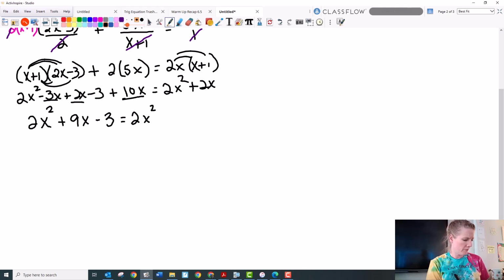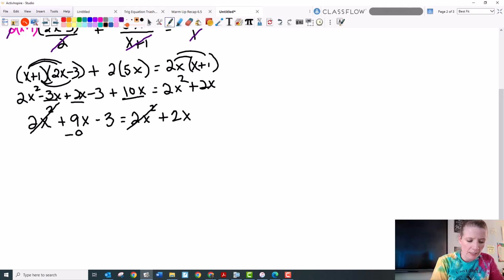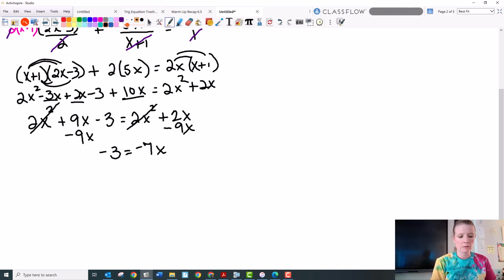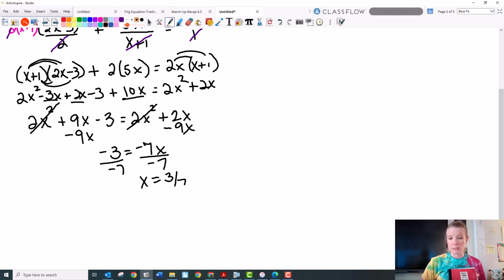2x squared. I feel like I've done something wrong. No, I have not. We're good. So the 2x squareds actually cancel out, and then I have 9x minus 3 equals 2x. So I have negative 3 equals negative 7x. Yeah, we're good. I did it a different way on my paper earlier, and I got the same answer. I don't know what I did. Anyway,